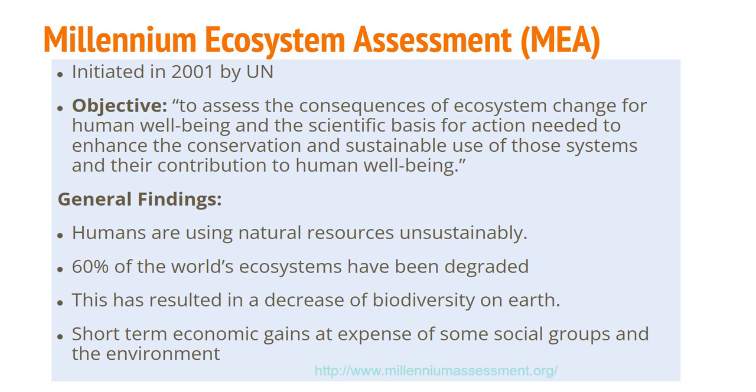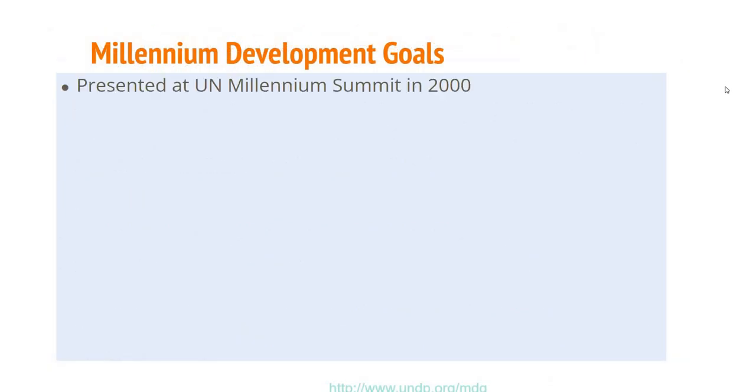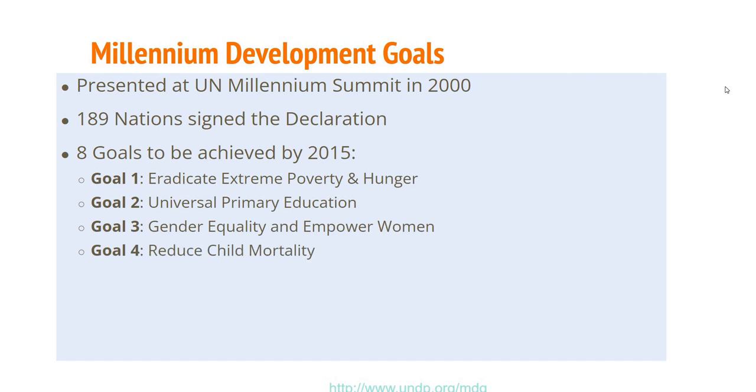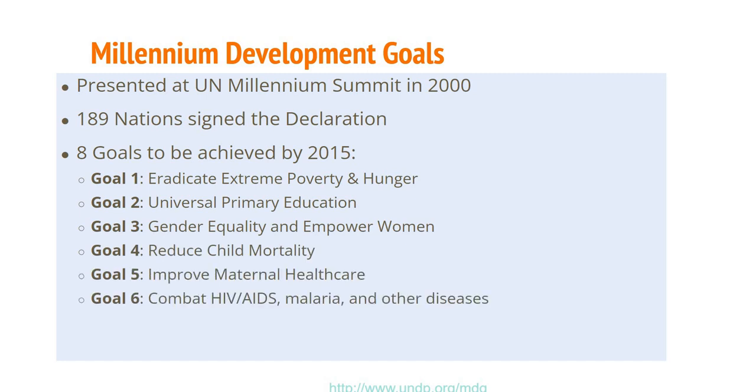The United Nations in 2001 was looking at unsustainable use of natural resources, came to the conclusion that 60% of the world's ecosystems are being degraded. Not a good thing. This results in lack of biodiversity, and they came up with a bunch of ideas to stop this from happening. So what were their ideas? Whole bunch of goals here. Eradicate poverty, that would help. Empower women, that would help. Kind of a laundry list, really, of things that would force countries to be more sustainable, improve healthcare,